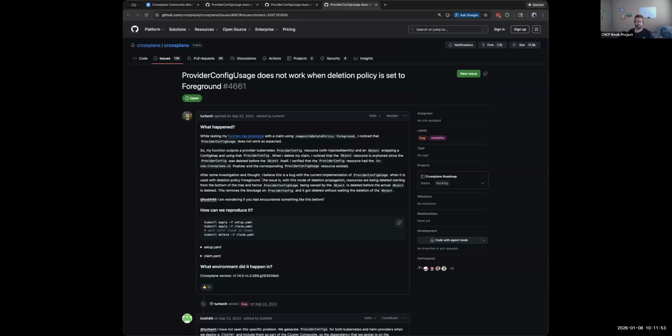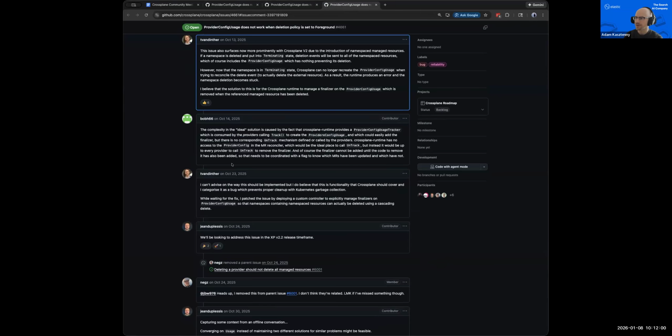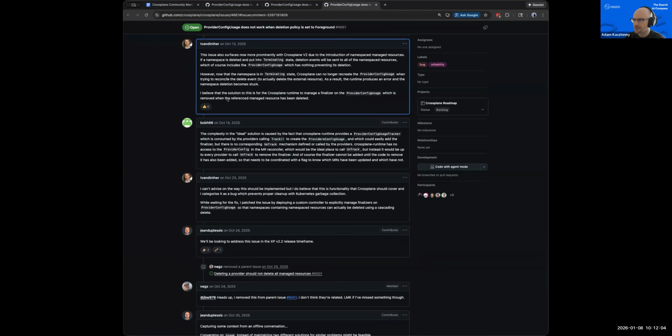Yeah, I just thought I'd bring it up. If it's something we're hitting more now with V2, that second comment I put there explained what's going on. We deleted a namespace, and some resources basically get stuck in deletion because the provider config usage, I guess, is still trying to be updated. Got it. And the main scenario that causes that is deleting the entire namespace, basically. Yeah, get rid of everything all at once, exactly.